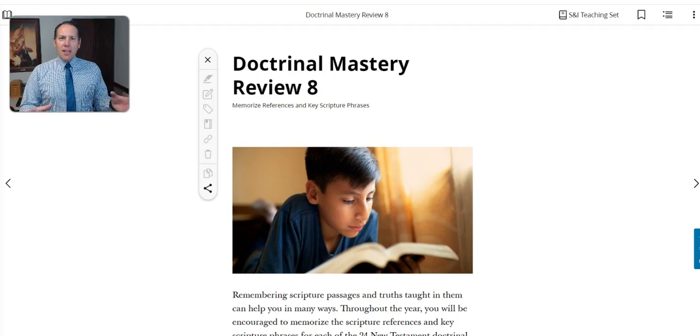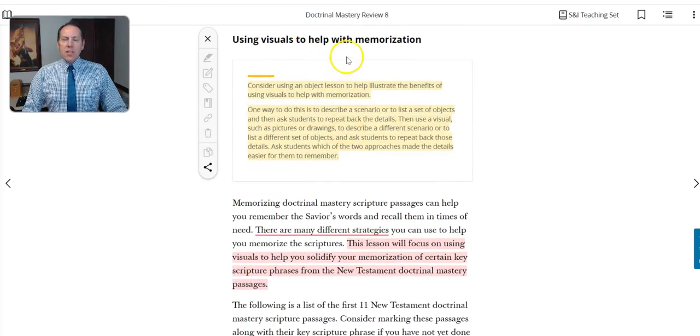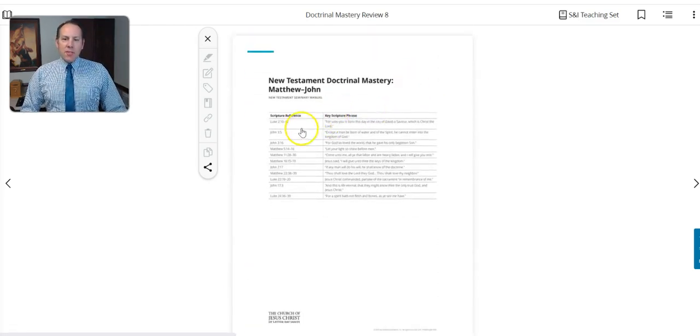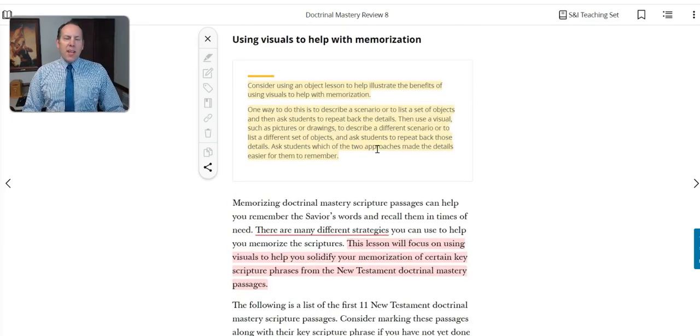If your pacing guide allows you the wiggle room to have a review day like this, it can be a fun, different kind of day. You'll notice this one is focused on the idea that visuals help with memorization. We're now into 11 Doctrinal Mastery references and key phrases, and that's hard for students to remember what goes with what. So the idea here is, can we use visuals and a fun activity to help students remember better? And so we want to first illustrate that visuals are helpful before we set them loose